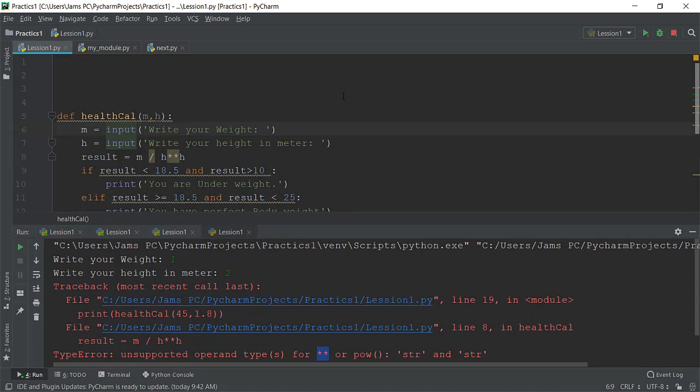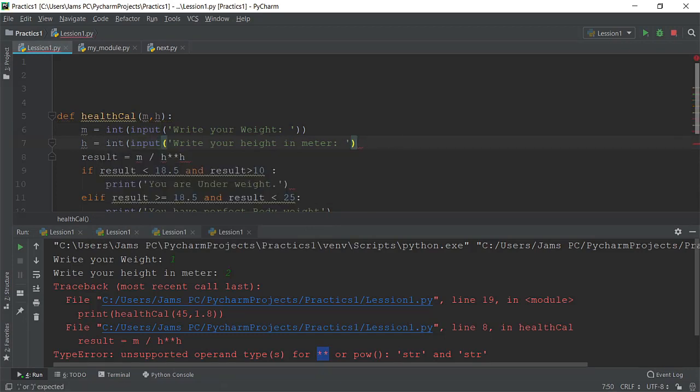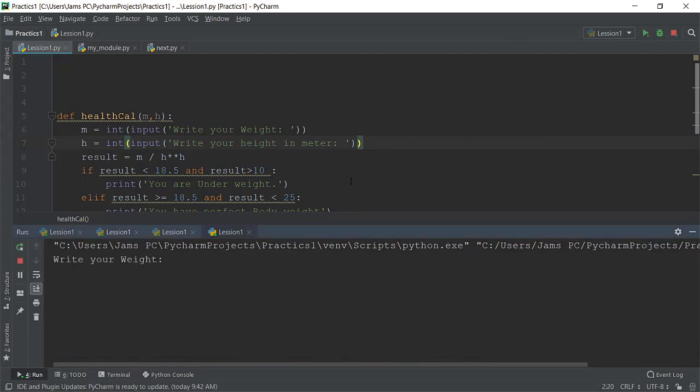Now what I have to do is make that an integer, whatever I'm writing here, and you know that we convert the string to an integer by writing int. Now once I write and run the program, for example 1 and 1, you have invalid mass or height. Now why? Because I'm writing it wrong. Let me run once again, like 45 and my height is 6 and